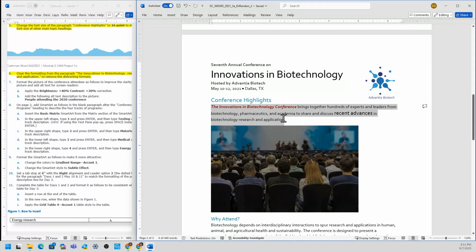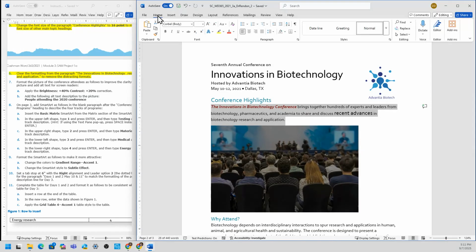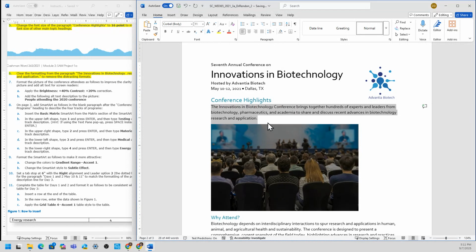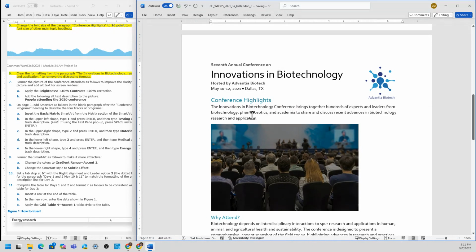So highlight the text or the paragraph, then select Home tab, and then the clear formatting is this letter A with eraser. If you hover over, the name of the ribbon shows up, clear all formatting. So I just need to click it once, and now it's not disturbing anymore.